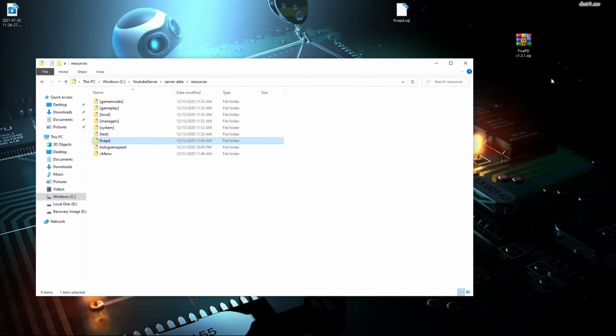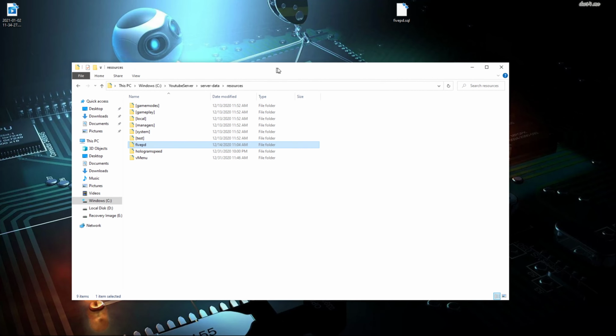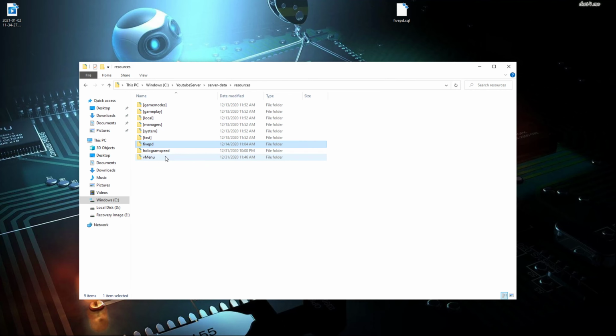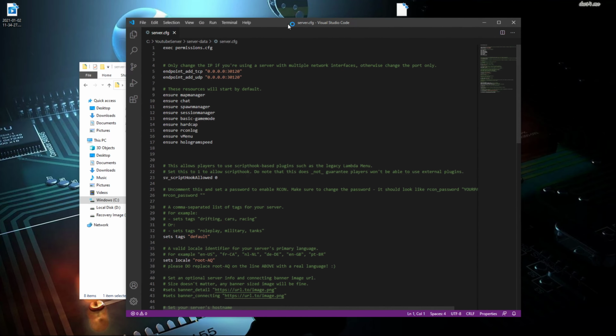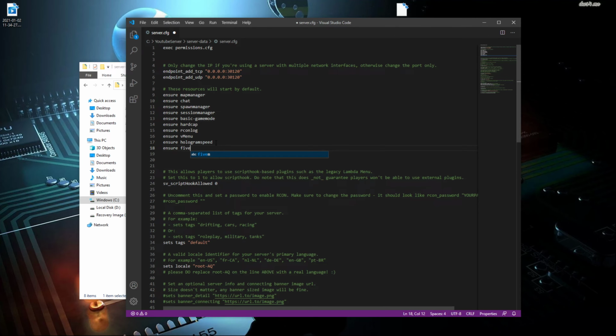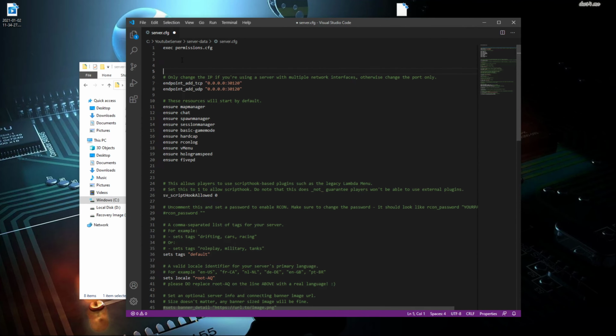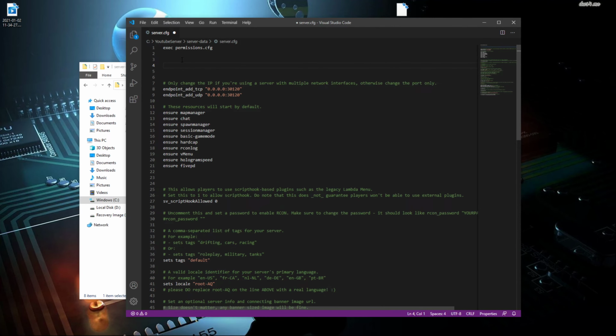We can close out of our zip folder file and delete the folder since we no longer need this. Now there's two things we need to do before we set up the database. One is go back to our server data folder and open up our server.cfg. We need to start or ensure our FivePD, because without that it won't read anything. And on the very top here, before anything else and after the permissions execution, we need to connect to the